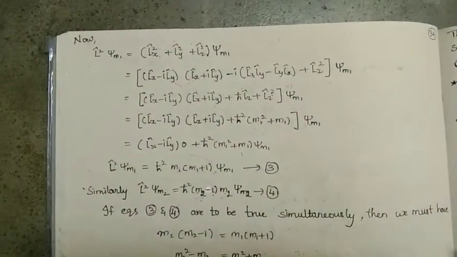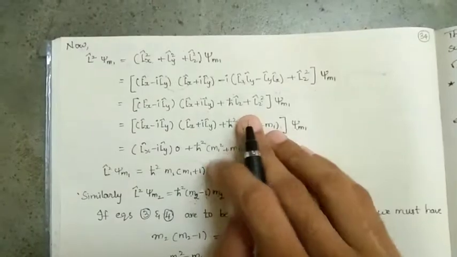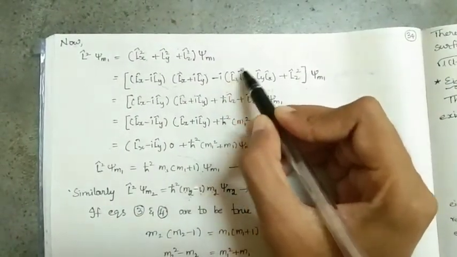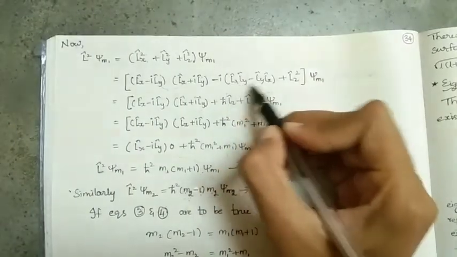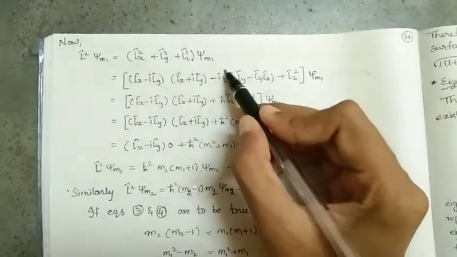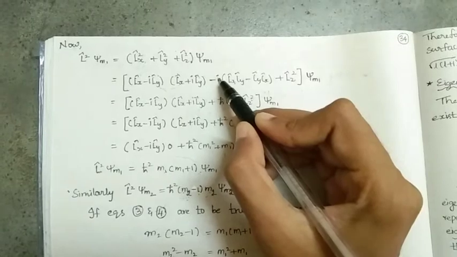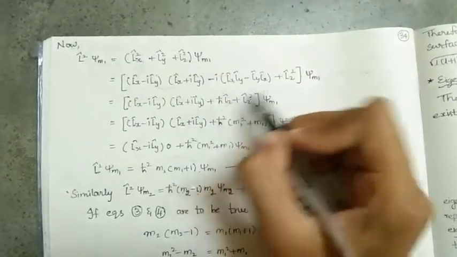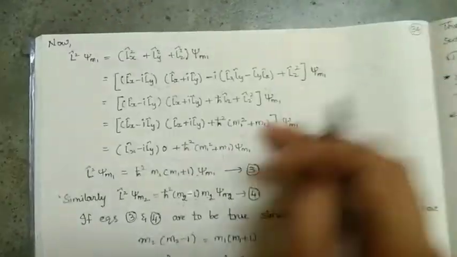Based on the commutator relations of the angular momentum operator, the commutation of Lx comma Ly is I h cut Lz. So here if we substitute in the place of this I h cut Lz, we would have I into I, I square is minus 1, minus into minus plus h cut Lz, and this is Lz square as usual.